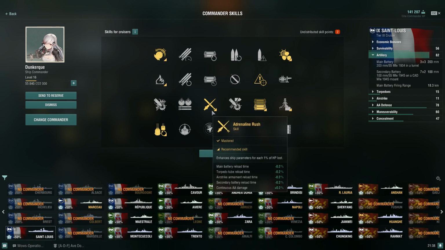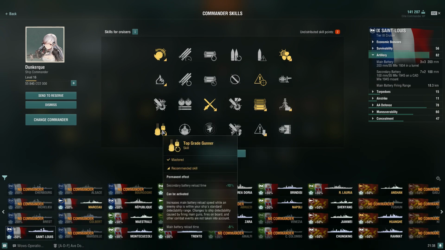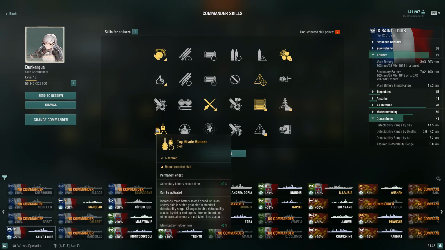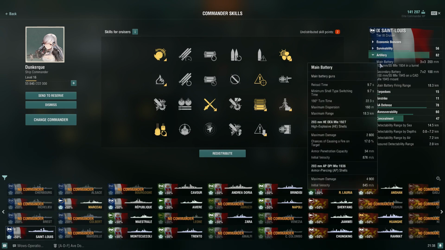And then for a 10-point build, I would go ahead and go for that Top Grade Gunner. Now the reason you take this is not for the permanent effect of your secondary battery reload time being negative 10%. It's for whenever an enemy ship is detected within your ship's standard detectability range, which right now is 14.5, then you automatically get a negative 8% in your main battery reload time. So then you will instantly see that 9.7, as I'm going to do math again here,